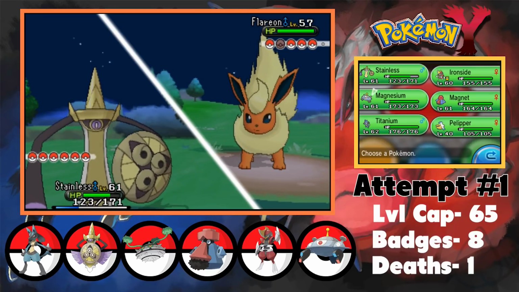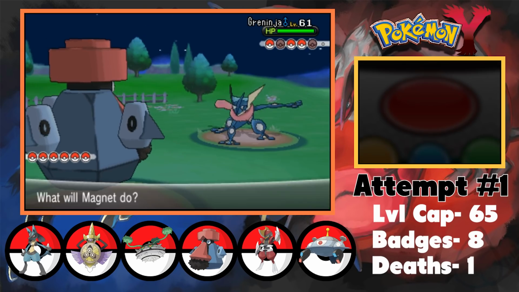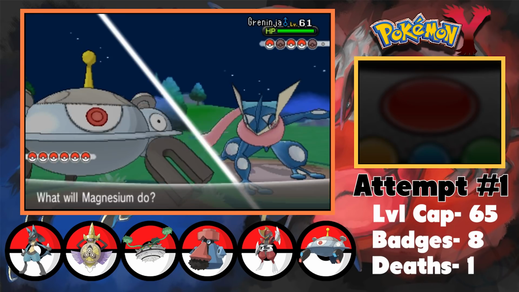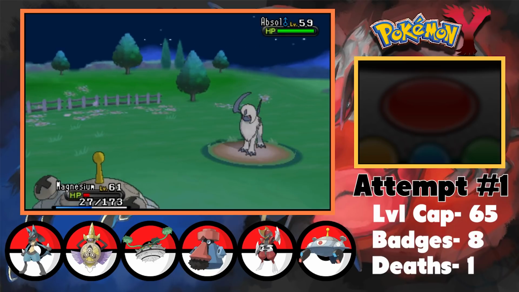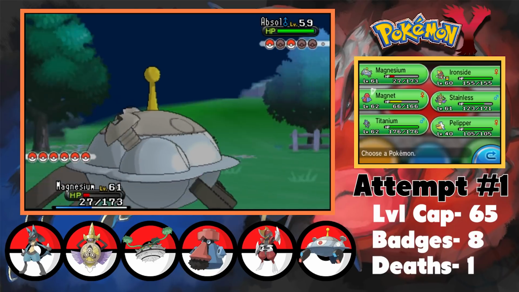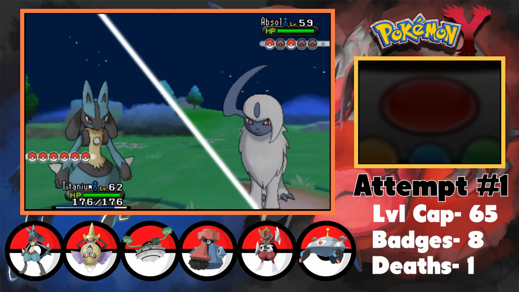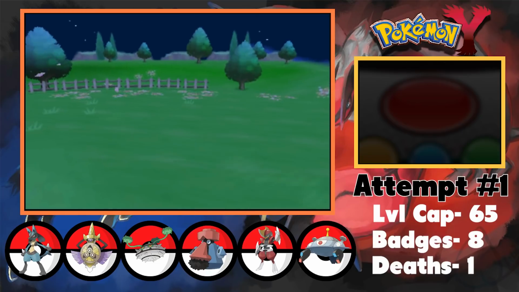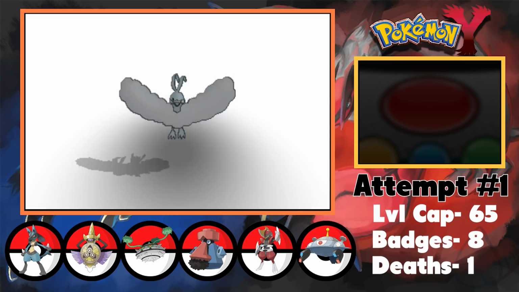I decide to switch into Magnet to go for 2 Earth Powers, killing the Flareon. She then brings in her next Pokemon, Greninja. For her Greninja, I decide to switch into Magnesium and go for a Thunderbolt, one-shotting the Greninja. After the Greninja, she decides to bring in Absol, and when she does, I switch into Titanium and I go for a single Close Combat, one-shotting him in the process. She then sends in her final Pokemon, Altaria, who gets 2-shotted by a Dragon Pulse, winning me my final rival